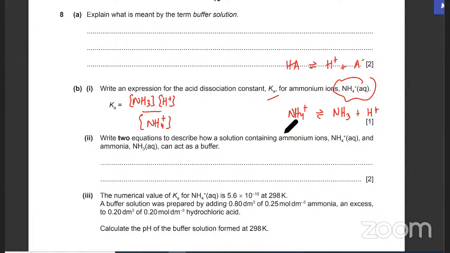And again, write two equations to show how ammonium ions act as buffers, like ammonium and NH3. If I add H plus 1 ions, which one will react? This is the acid. NH3. Okay, and that's your conjugate base. So the NH3 will accept the H plus 1 and it will form NH4 plus 1. So and if I add,